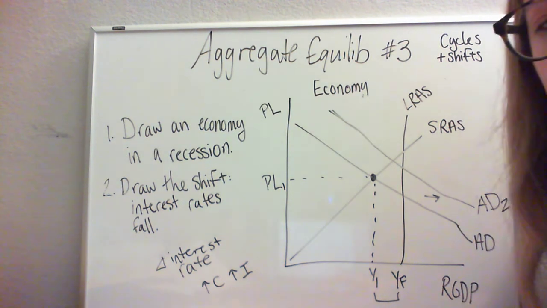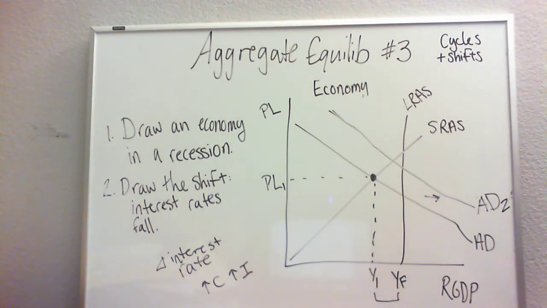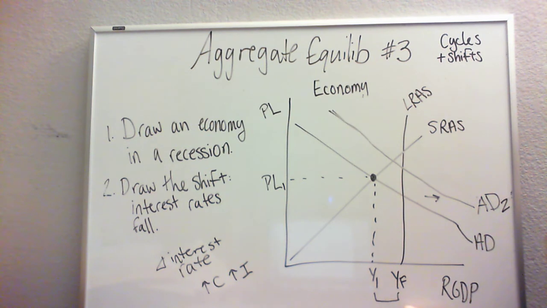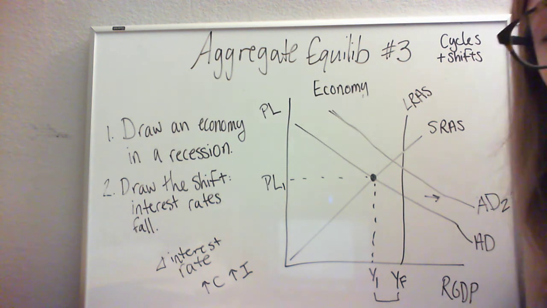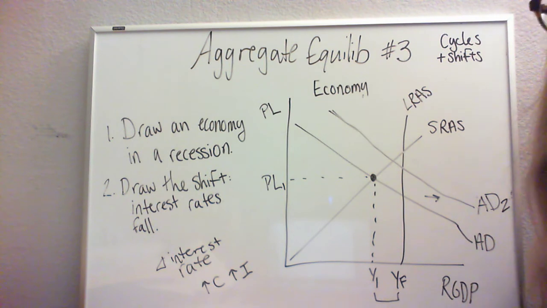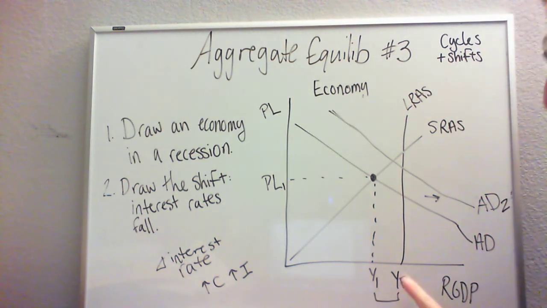Okay, so aggregate demand increases, but the chances of it increasing exactly the amount that would close this recessionary gap is basically zero, okay? Because when the economy was healing with the mechanism of price adjustment in the long run, like we did in the short run aggregate supply video, right, where there was inflation, and then in the long run the firms ask for a raise to adjust for the inflation so production gets back to normal. That's a reason why production would go right back to YF. Okay, but in this case, the interest rate going down,